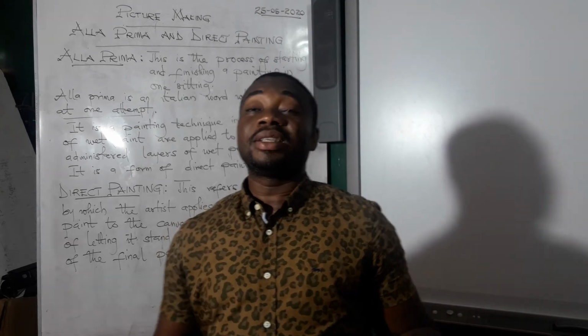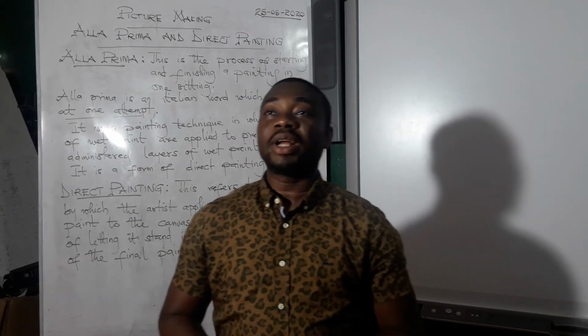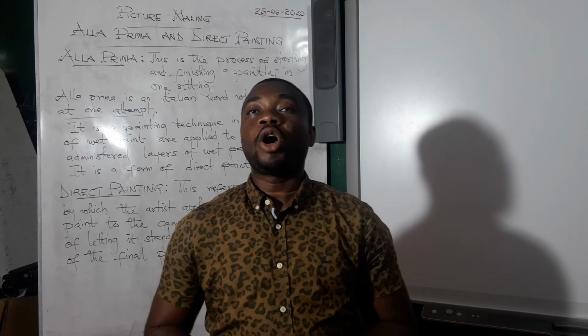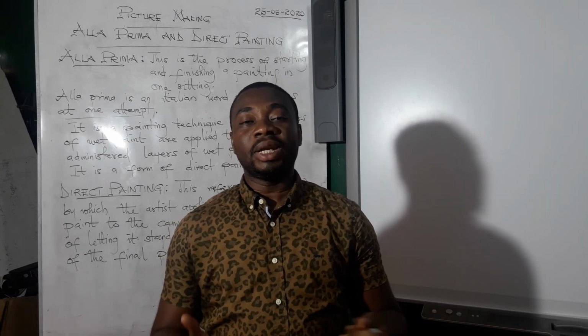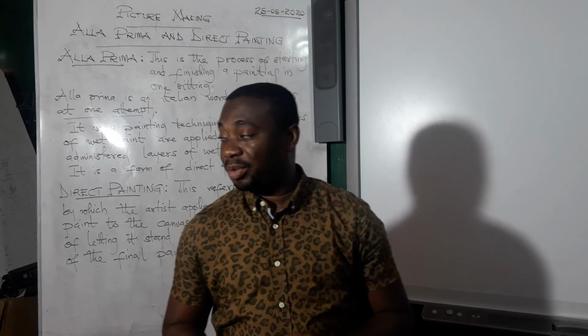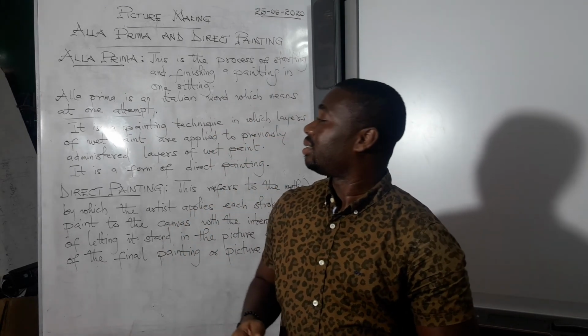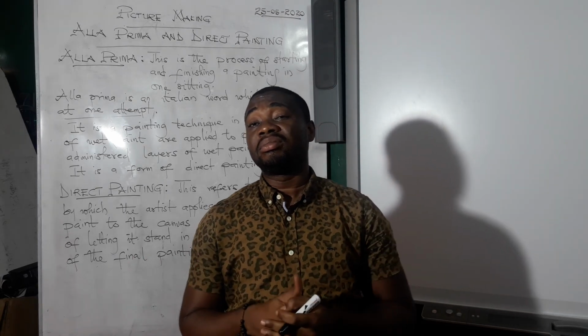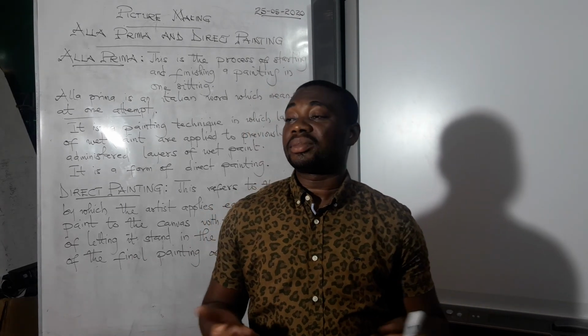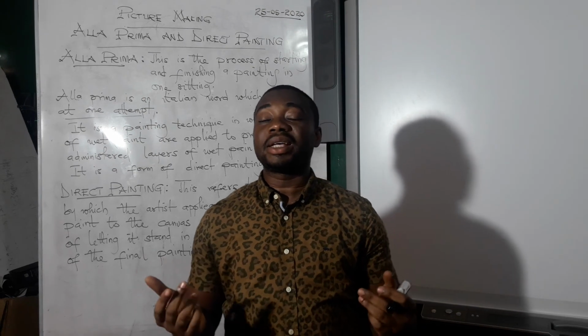What are some of the things that you can employ? What are some of the objects that you can draw and paint using the alla prima painting technique? There are several objects and scenes that you can draw. You can do a village scene, a nice landscape, a sunset,